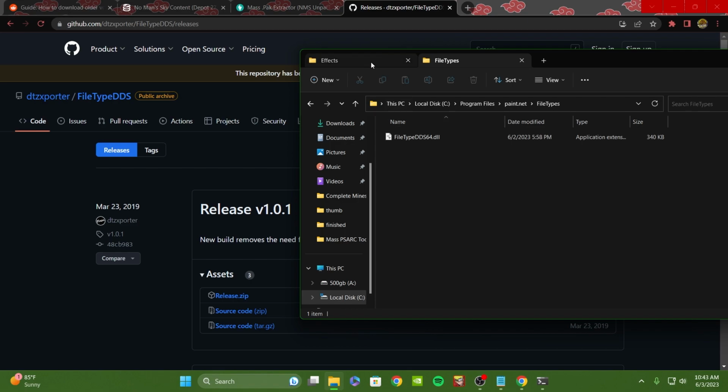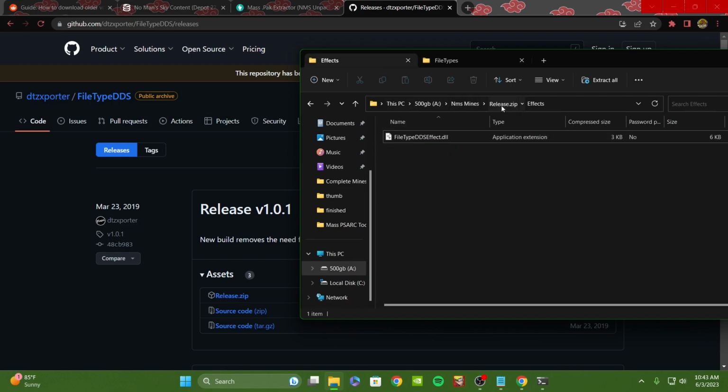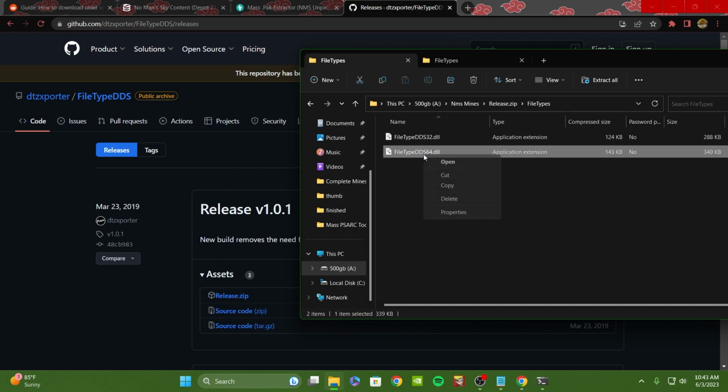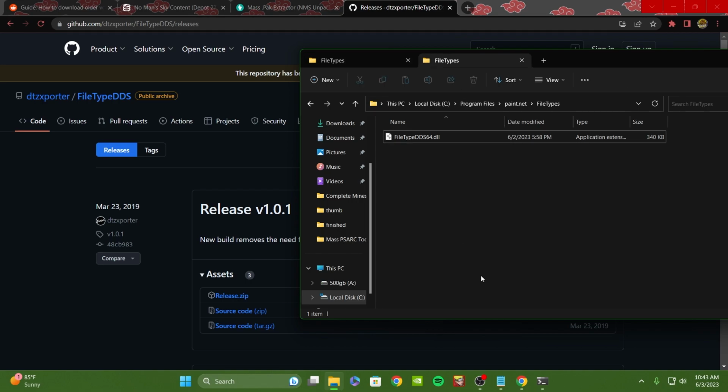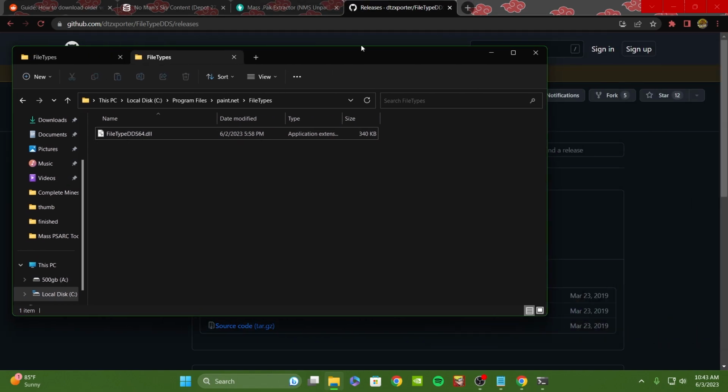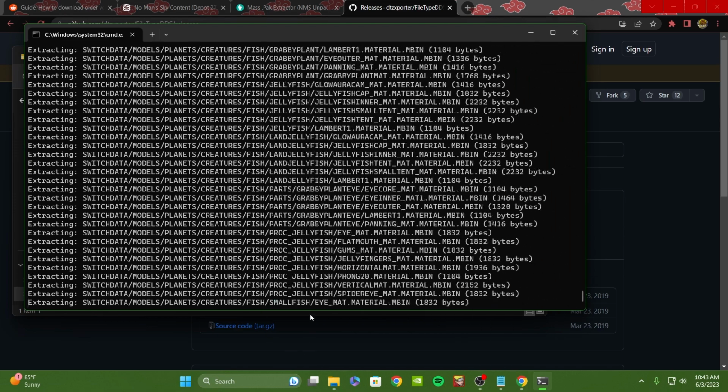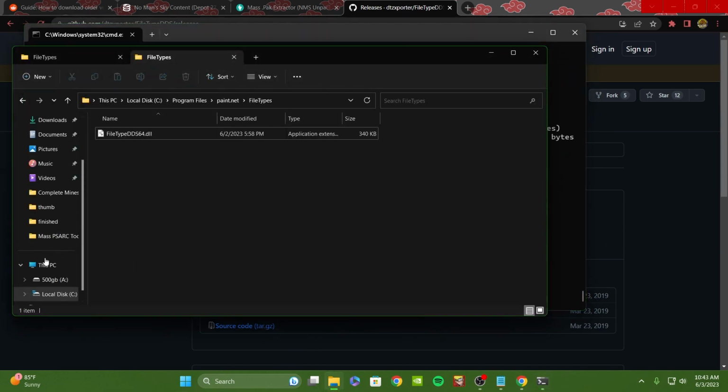As for file types, this is going to create the registry for the DDS file type support inside of paint.net. So once again, go ahead and copy it over to your file types folder in your paint.net. After that, your paint.net is now going to be fully capable of using these new files. So all we have to do is wait for this to finish extracting, and then we'll be on to the next step,